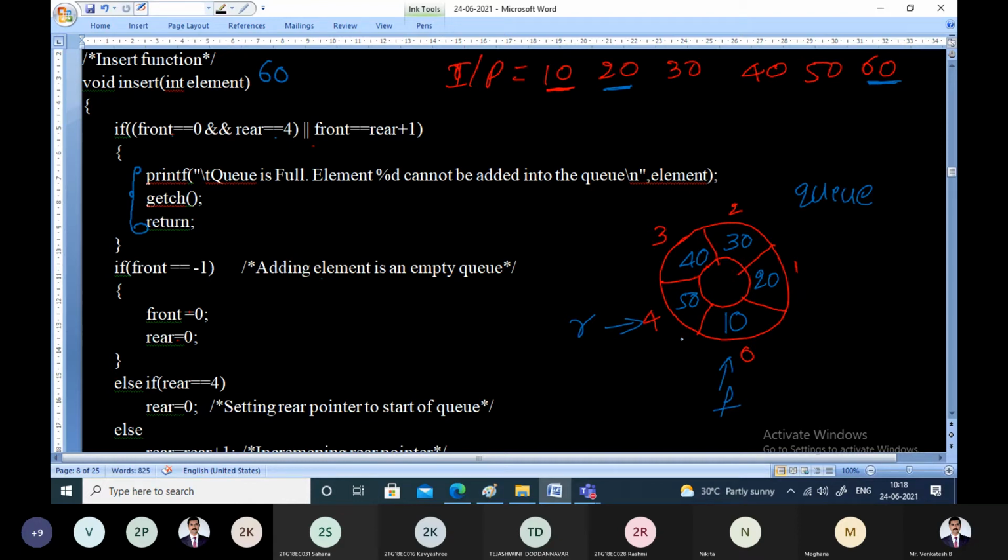We can add some more elements only when you delete some element from the front end. Then only you can add some more elements to the circular queue.